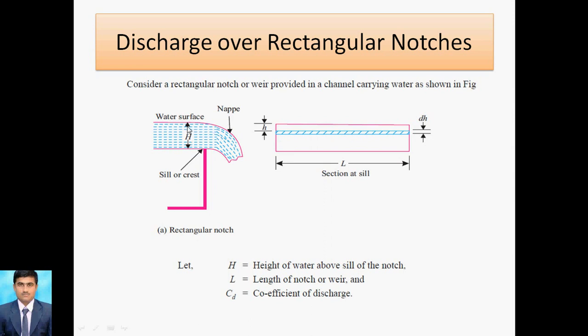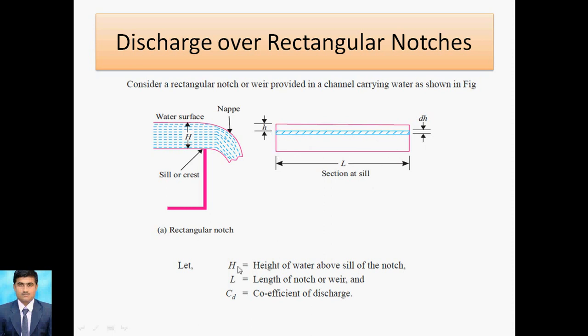Here we consider a small strip. Along this small strip, the height from that side is h, and the thickness we calculate as dh. We are considering the smallest strip first, applying the discharge over the flow over the strip, and then we apply it for the whole section. For that purpose we first require the smallest elemental area, dh into this length, capital L. First we go for that smallest strip, and then we go for the whole area.